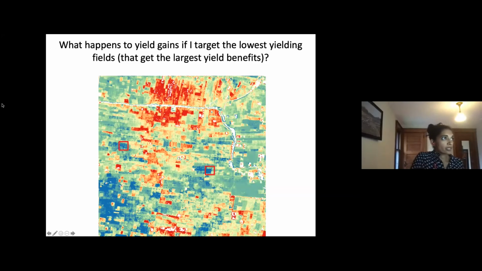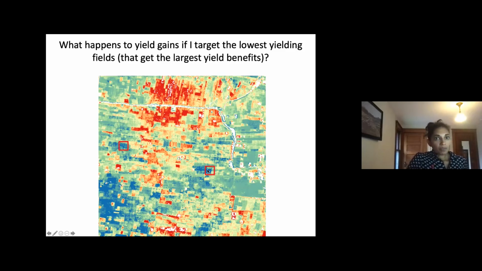This is just a graphical representation of what I just said. This is a yield map using that Planet satellite data, with lower yields highlighted in blue and higher yields highlighted in red, warmer colors. And the idea here is, instead of giving the fertilizer spreader out just at random across fields, which is usually what CIMMYT and some of these other organizations are doing with their interventions, we could find the farmers associated with these low yielding fields and target them with the intervention.